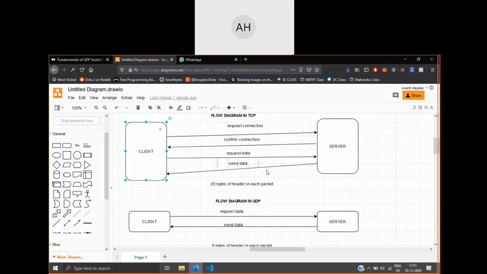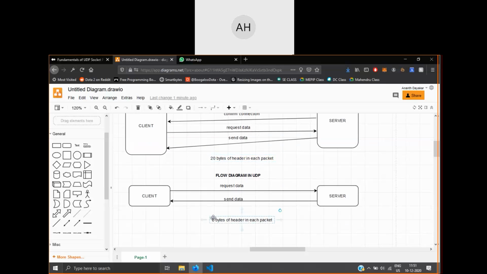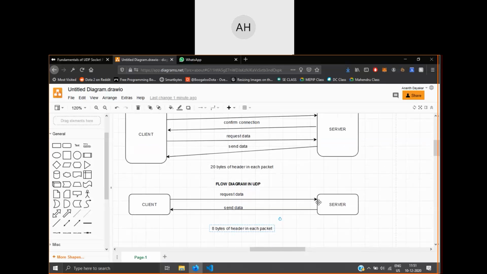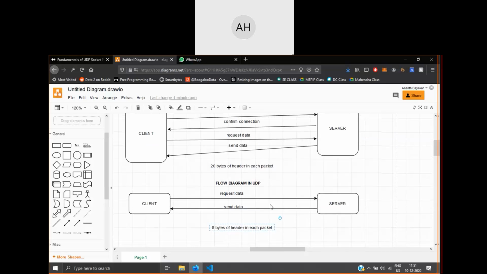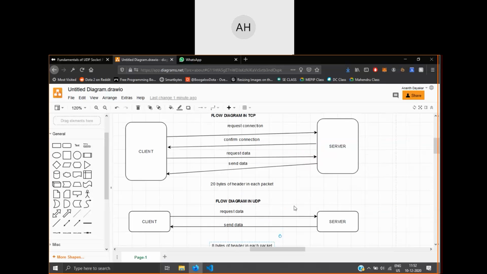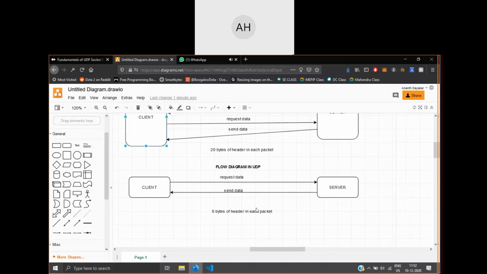The advantages of UDP are, as in TCP, it takes 20 bytes of header in each packet, whereas in UDP, you only have 8 bytes. And because there's no connection checking and no checking of how many packets have been received, it's much faster as far as your entire latency is concerned. The only drawback is that there is some packet loss, which, as I said, is not acceptable in a static application like a website, but